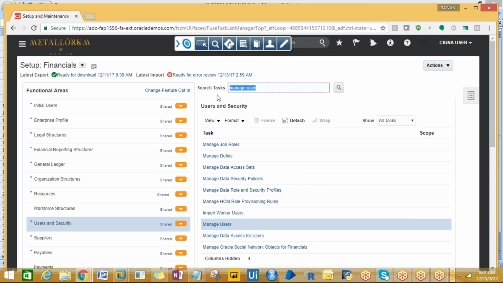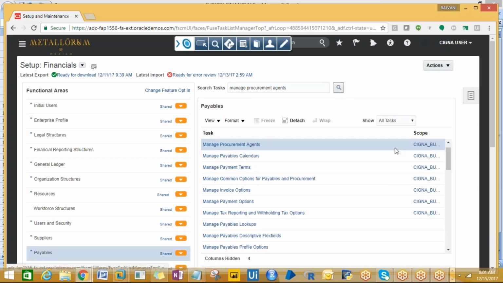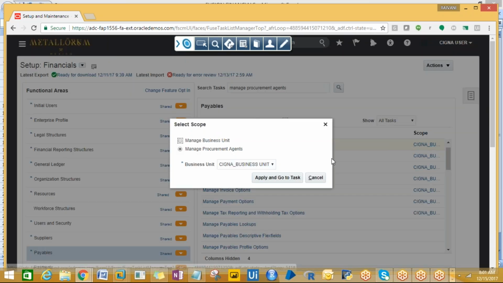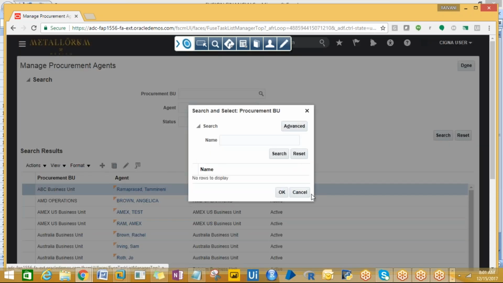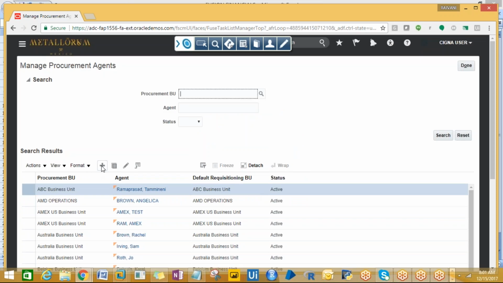Whenever you have different. Yeah, good. Signa. Okay, let me create it. Let me create the procurement agent here. The procurement agent here is